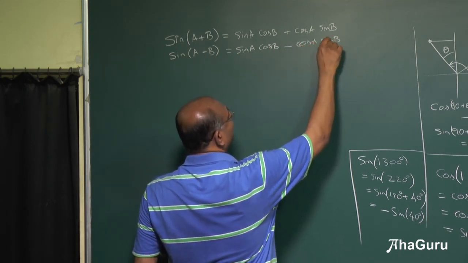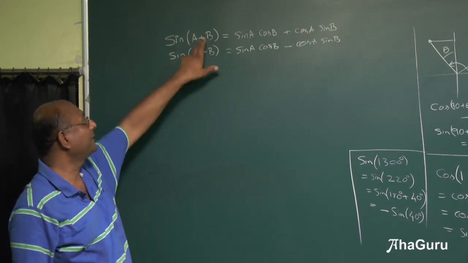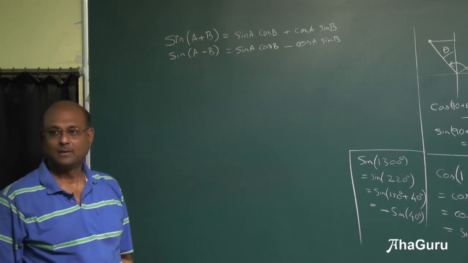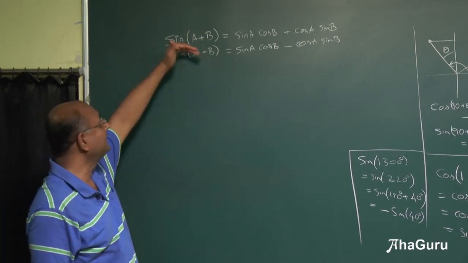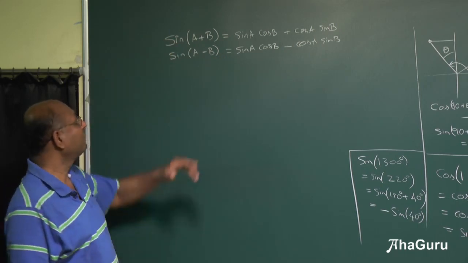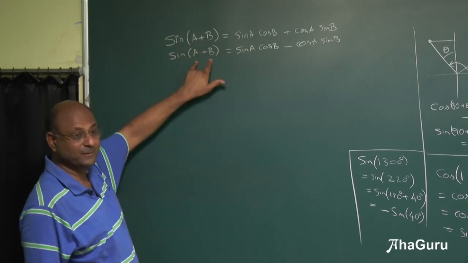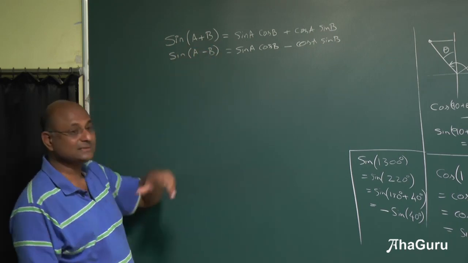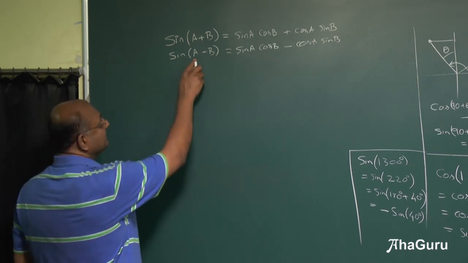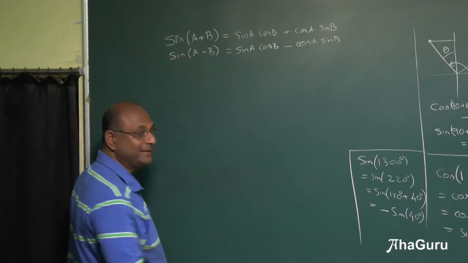Do you see that this formula and that formula are actually just the same, except in that formula I am putting minus b instead of b. Then I am going to get this formula. Now if you want, we can basically derive the cos formula from that formula. Instead of a plus b, why don't I call a as 90 minus a? If I make a as 90 minus a, this will become sine of 90 minus a plus b.